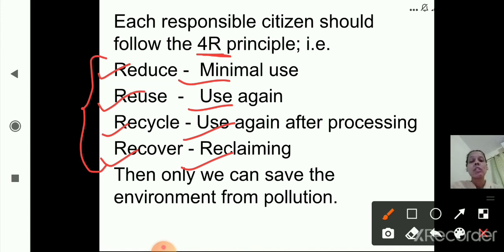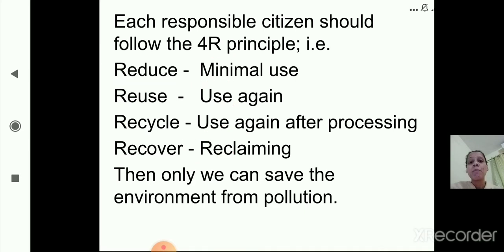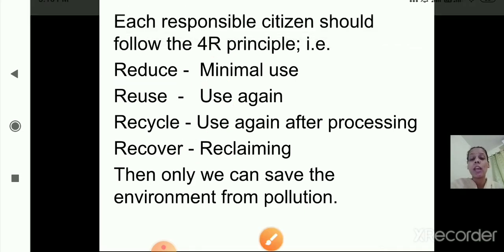Okay. Today we have seen the types and uses of different types of plastics like thermosetting plastic and thermoplastic. And then we have studied about plastic and environment, how they are related to each other. As plastic materials are non-degradable, it will take thousands of years for degradation. So it is an environment pollutant. So instead of using plastic, we should use other things which are made up of jute, cotton, cloth, etc. Okay, I hope you are clear till here.